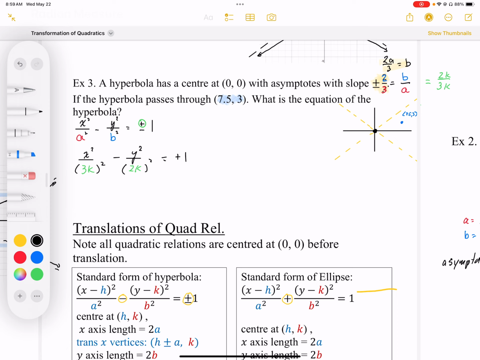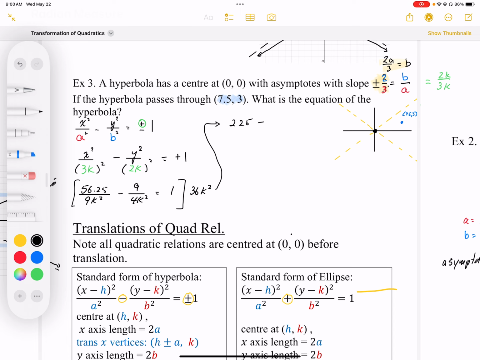So we get 7.5 squared, which is 56.25 over 9k squared, minus y squared works out to be 3 squared, which is 9, over 4k squared, that's equal to 1. I'm going to multiply through by the lowest common denominator, which is 36k squared. In doing that we have to simplify, so simplifying common factors, 36 over 9 is 4. 4 times 56.25 works out to be